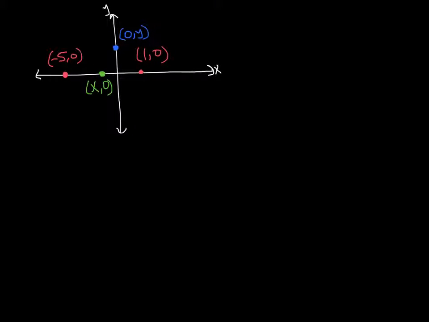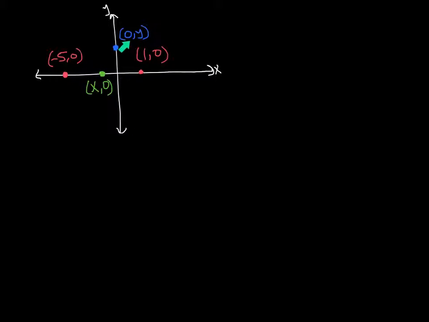Right, so for this problem, what we're asked to do is find all the points that are on either the y or the x-axis. It's two different problems, from these two red points, from (-5, 0) and from (1, 0). So the first one is asking for all the points where this distance here, from (-5, 0) to some point on the y-axis,